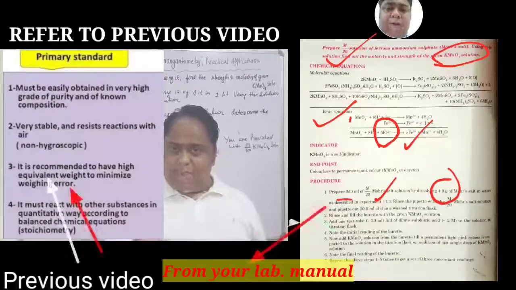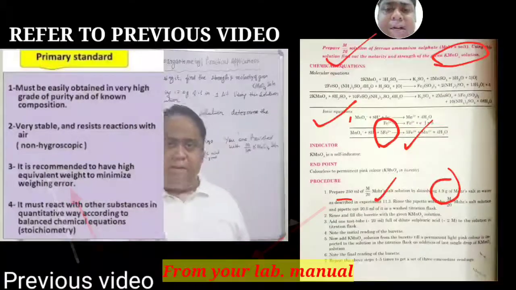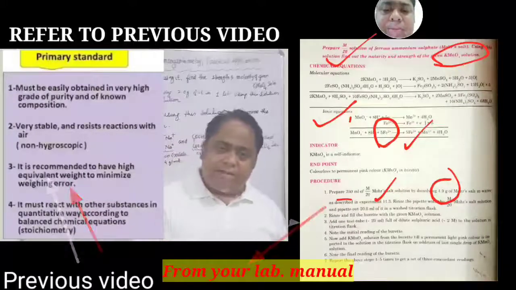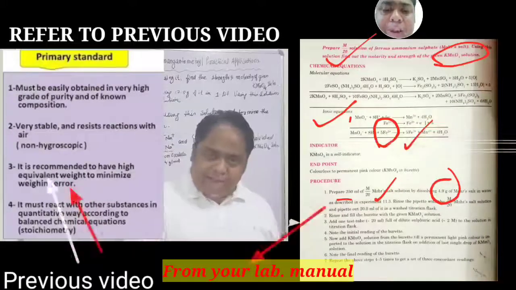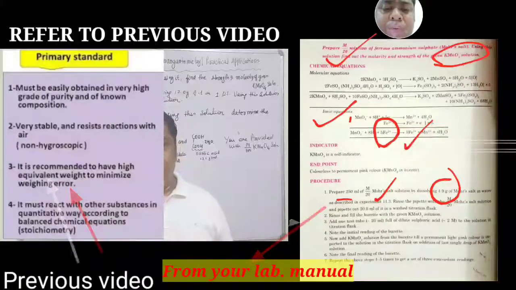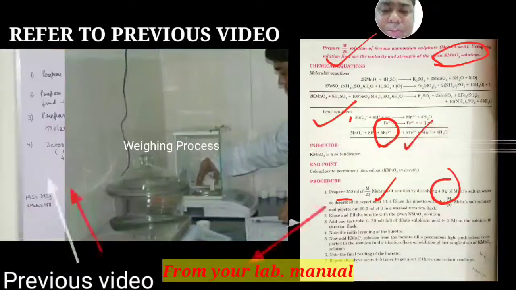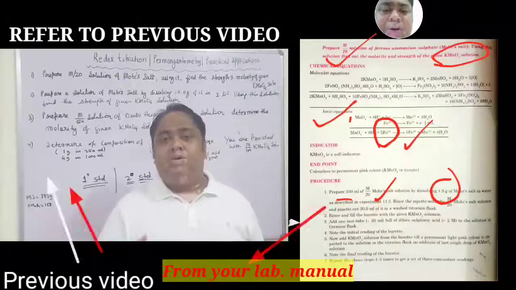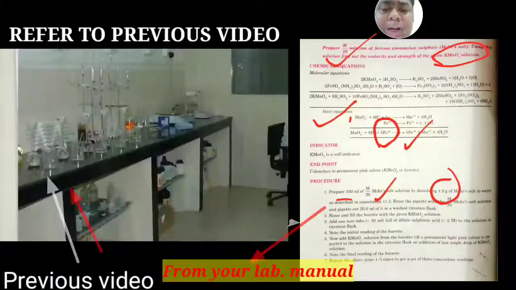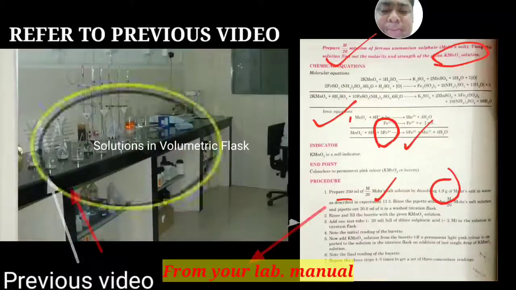How a volumetric flask looks like I had shown you in the previous video, and hence it is suggested that if you find any of the terminology in this demonstration of your laboratory manual difficult, you can refer to the previous video wherein I have shown you the apparatuses required also. So after the standard solution of Mohr salt M/20 in 250 ml is prepared, we keep it aside.